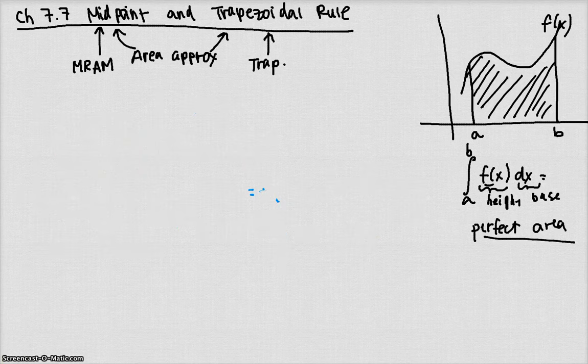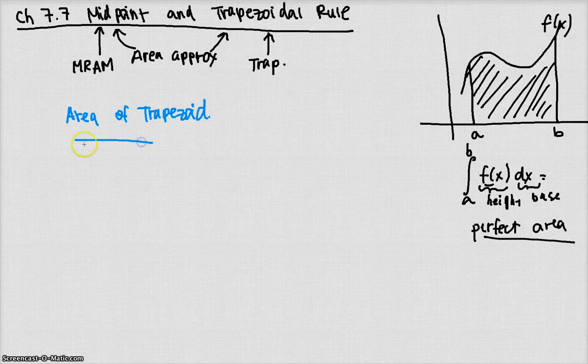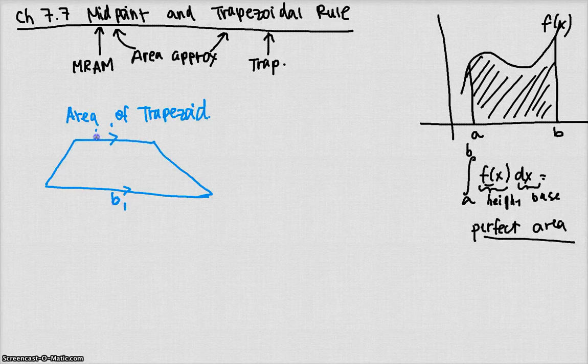Now let's talk about our trapezoidal rule. When we were in geometry, we're basically going to be adding up a bunch of areas of trapezoids. In geometry, our trapezoids almost always went like this. We called the two parallel sides base 1 and base 2, and we always had to multiply by the height somehow. The area of a trapezoid, if you don't remember, is 1/2 the average of the bases, base 1 plus base 2,